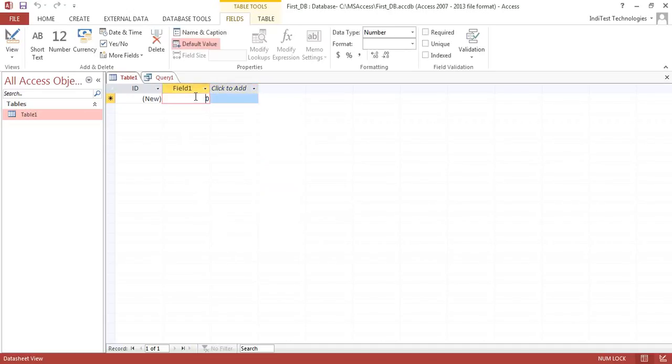Now, we already know that one of the ways of inserting a new variable is to go to this drop-down menu, but the other is that we can go to the Table Tools tab over here, go to the Fields tab, and choose from the Add and Delete menu options. So say I am on this Click to Add button over here, and I select short text. It is going to create a new field of the type short text, and I can give it a name. So say